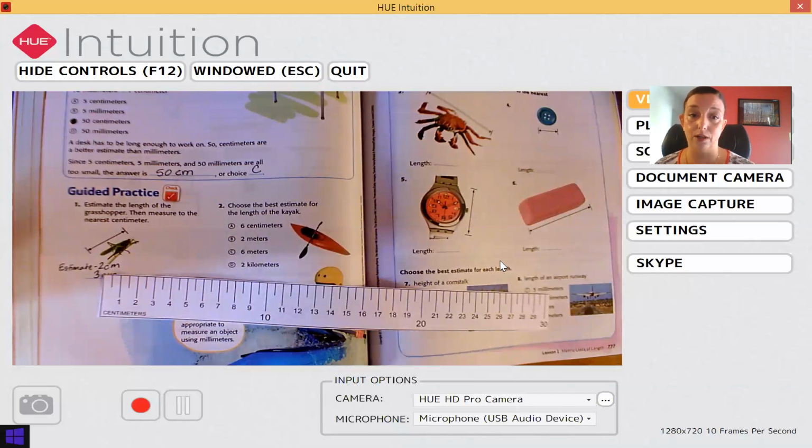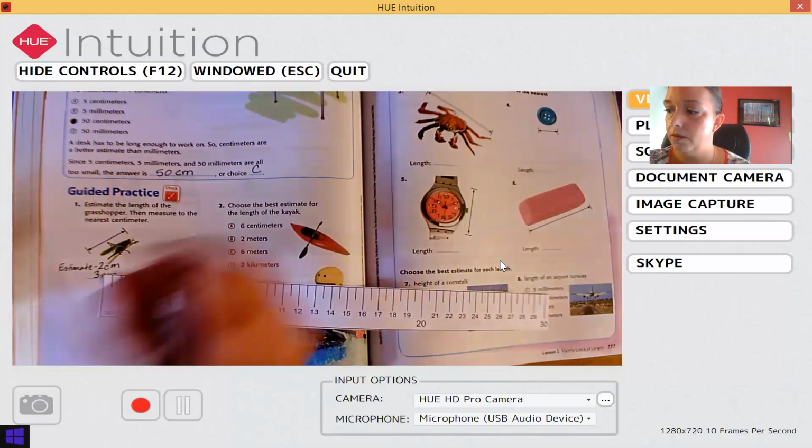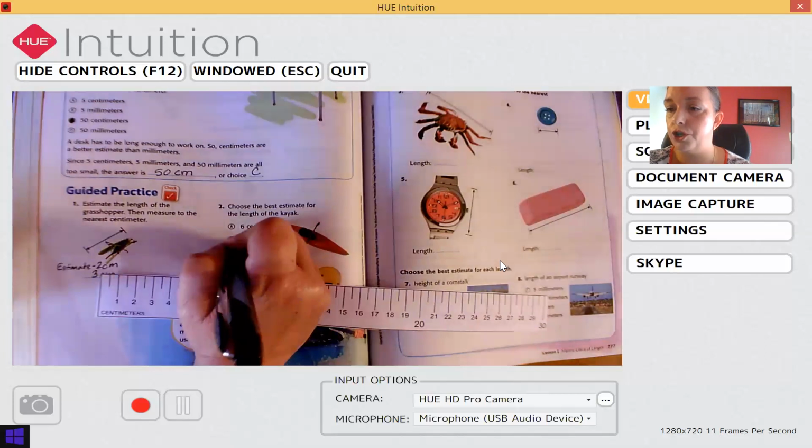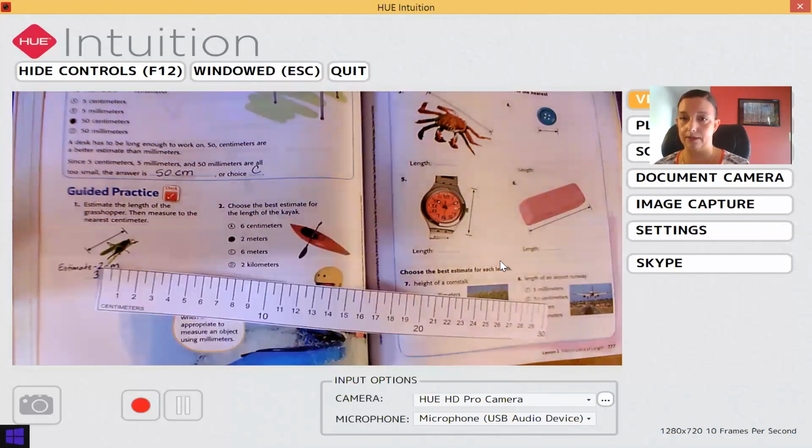That's like you would have to drive in a car, right, to go 2 kilometers. Or you'd be going for an exercise, right? So the best estimate is 2 meters, B, because about two chairs together would be about the correct length,